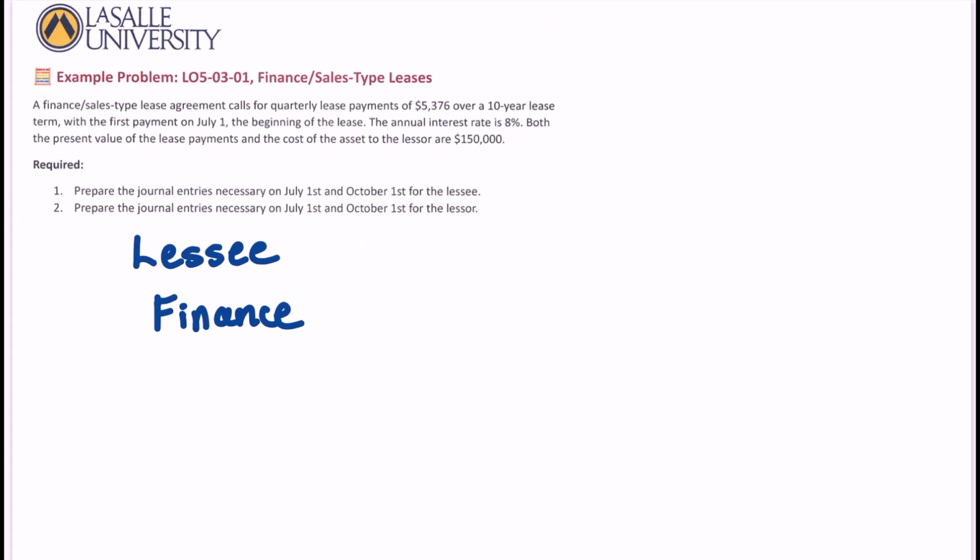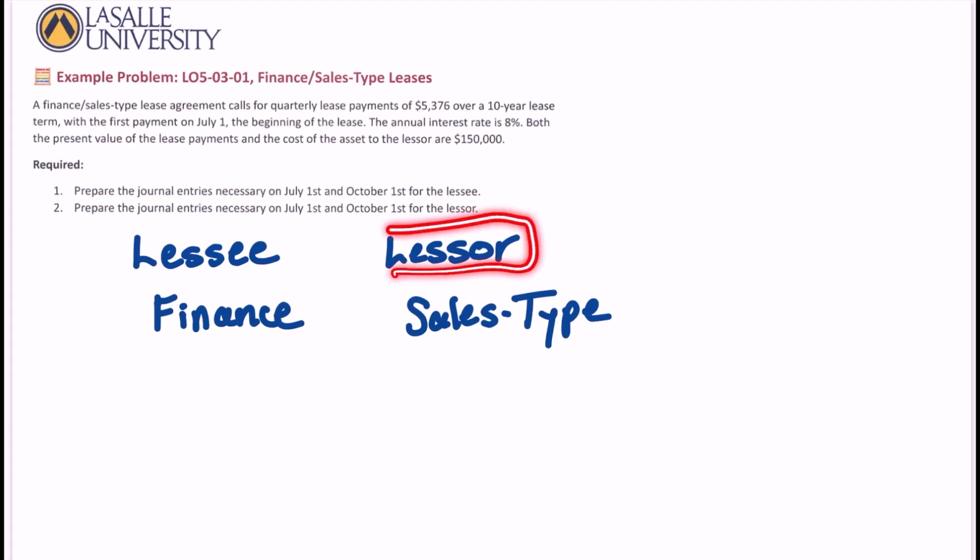And if we're talking about a lessor, the lender of the asset, we're going to call this a sales type lease. And really, we're talking about the same thing, but we give it two different names here. So if it's the lessor, the owner of the asset, we're going to call it a sales type lease. And if it's the lessee, the user of the asset, the borrower of the asset, we're going to call it a finance type lease. And the important thing to recognize here is when we have this type of lease, it's as if we have a sale of an asset